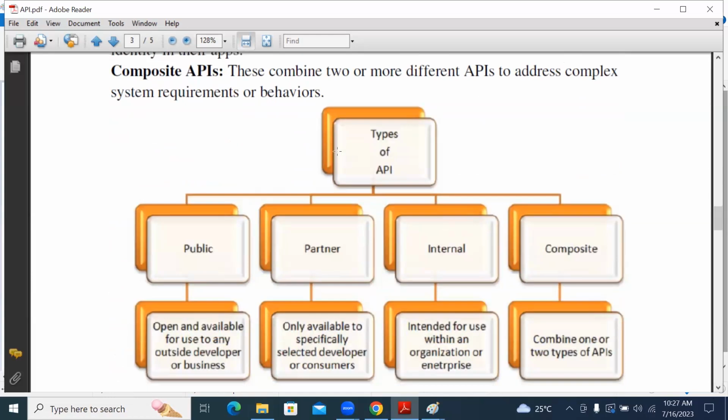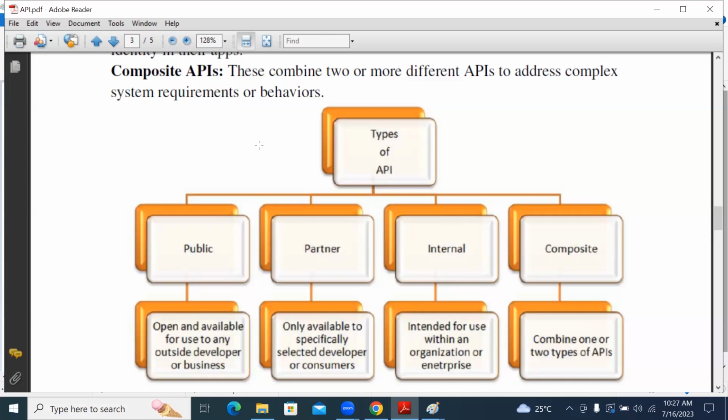This is about combining APIs. Similar to partner APIs, we can combine two APIs and develop something from them. That is what we call composite API.